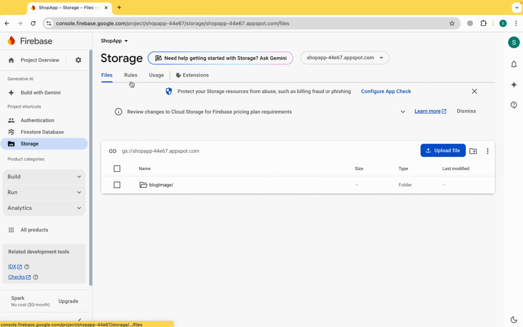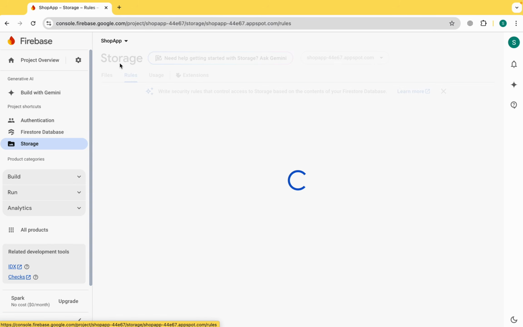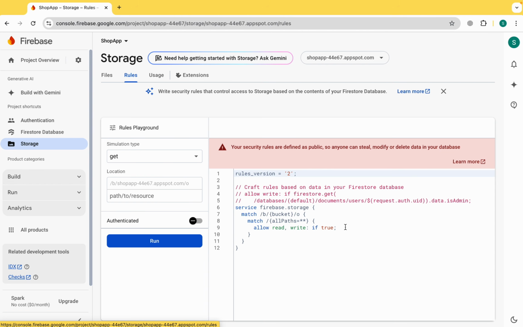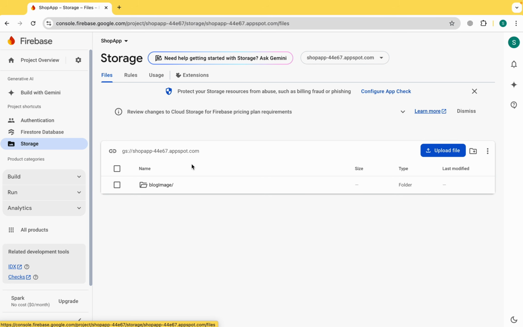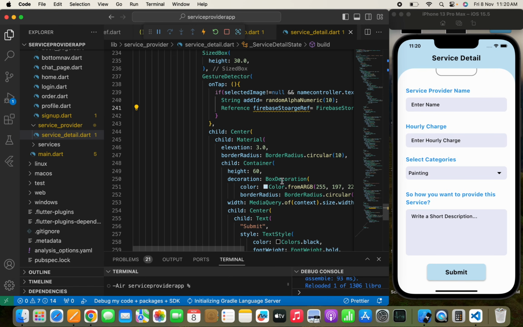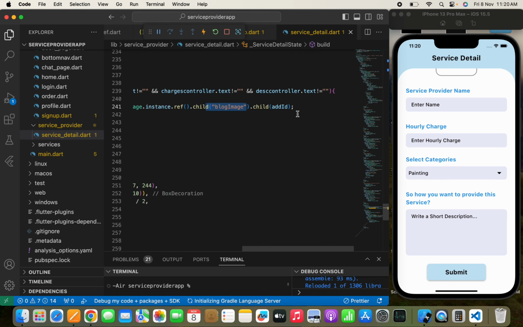And here just move to the rules in the storage section and simply change the rules from false to true, otherwise you won't upload the image to the Firebase storage. So these are the two things that I want to talk about. And now after this we'll simply pass a final